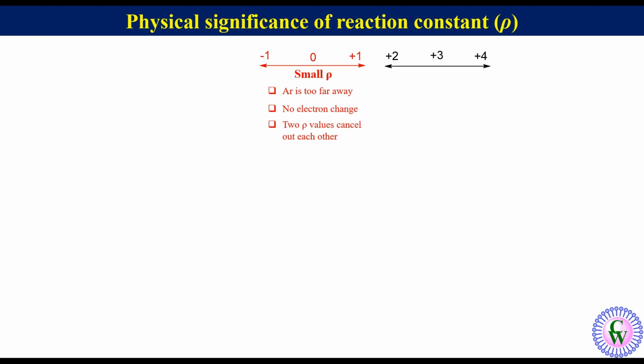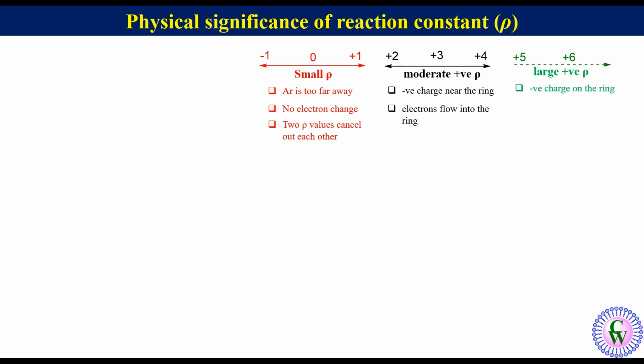Rho values between +2 to +4 come under the category of moderate positive rho values. This is the case when negative charge is generated near the ring. Electrons flow into the ring in the transition state. Rho values of +5, +6 and higher come under the category of large positive rho values. This is the case when negative charge is generated on the ring or